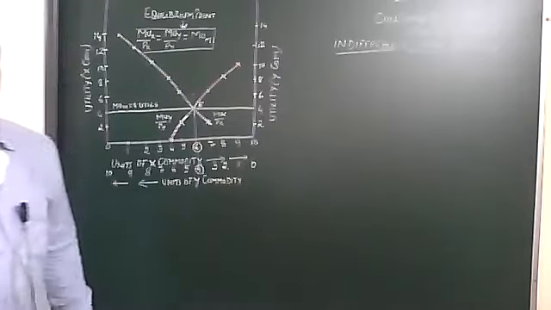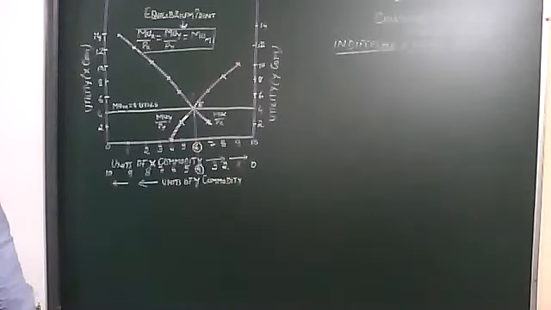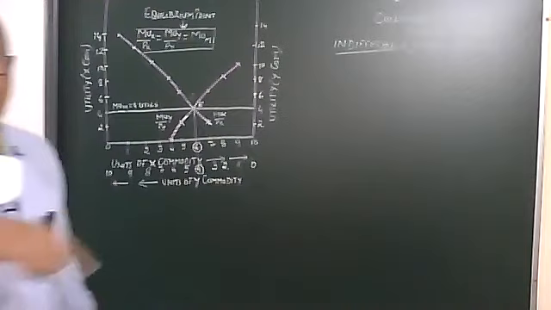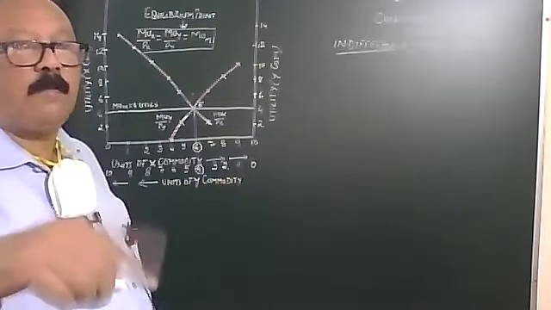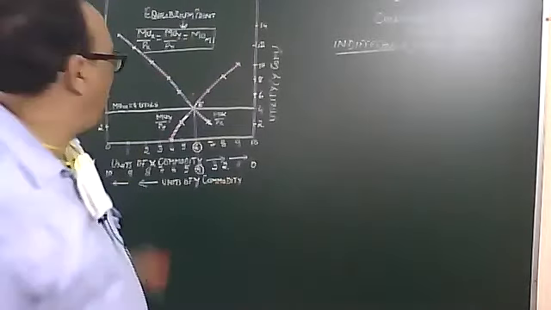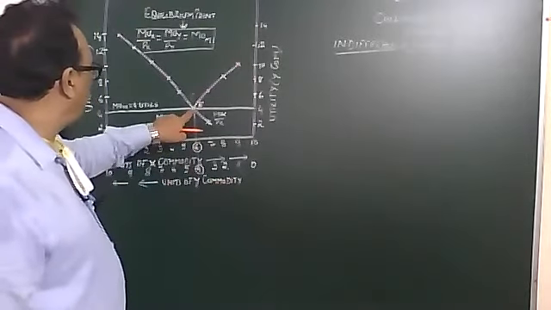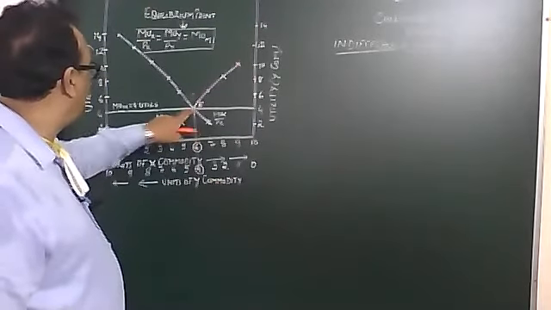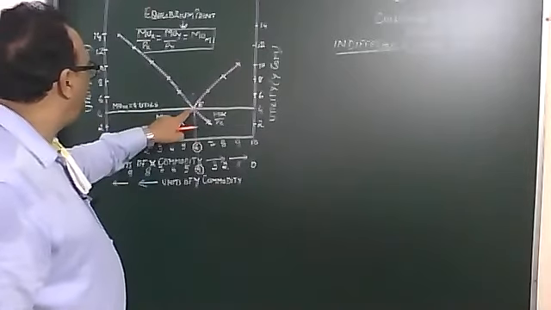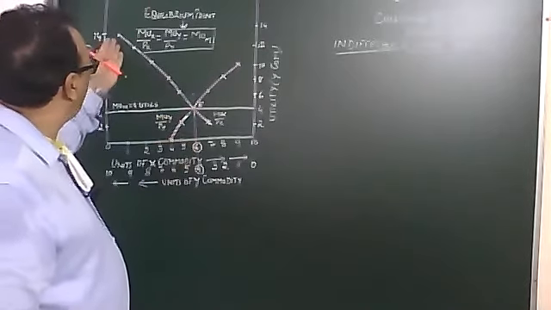And through the numerical schedule, what did we see? That 6 units of X commodities and 4 units of the Y commodities will equal the money, which is rupees 10, assuming the price of X to be 1 and the price of Y also to be 1. Remember, yesterday we took out 1 into 6 plus 1 into 4 is equal to 10. So here you see on 6, it is intersecting the MUM line at 4 over here. This is what we plotted.